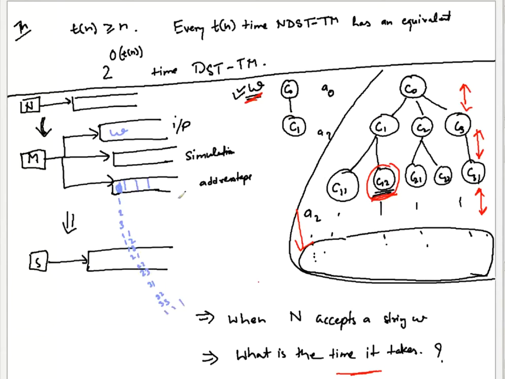Now some addresses might be valid in this configuration tree for a given W string. Some addresses might not be valid because that node might not be present. For example, here itself, if you try to access C123, it's not present. That configuration doesn't exist here. So that's an invalid address. Whenever you keep incrementing the address, you first check whether it's a valid address or not. If not, you move to the next address.